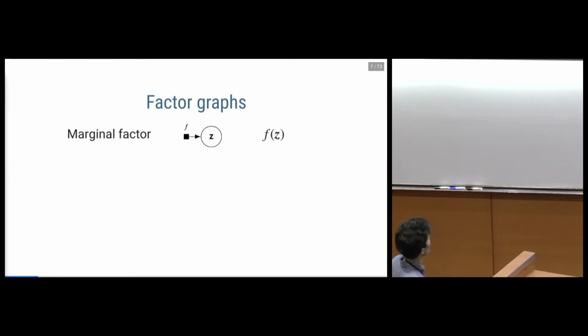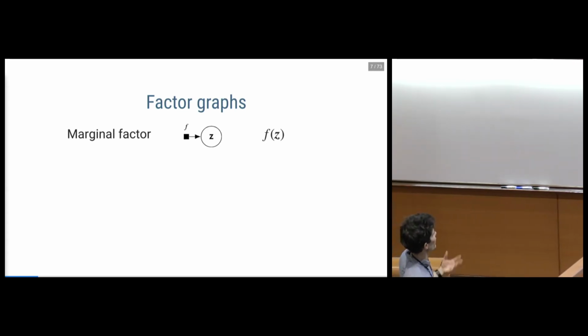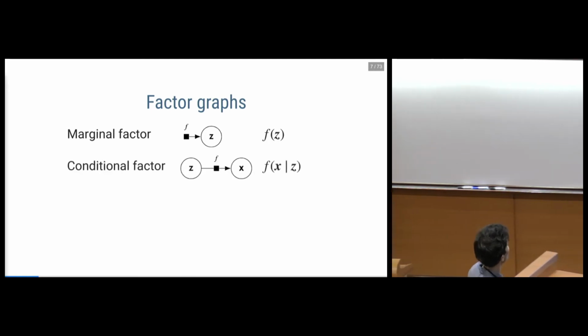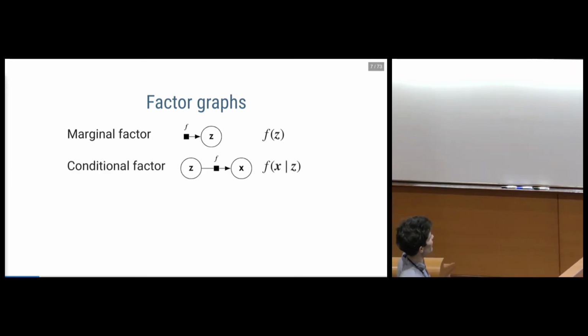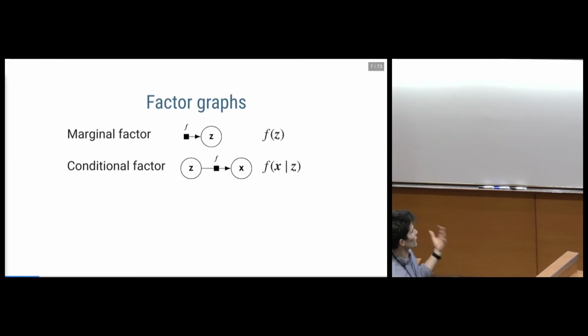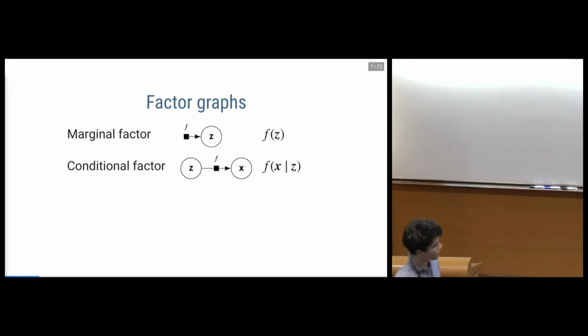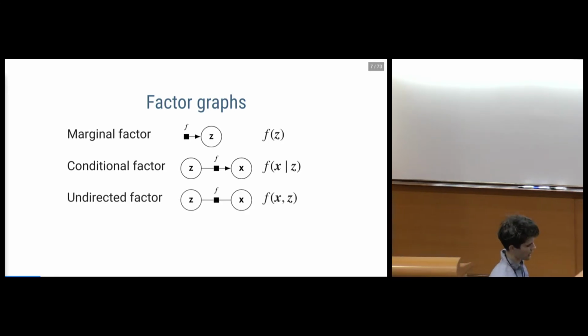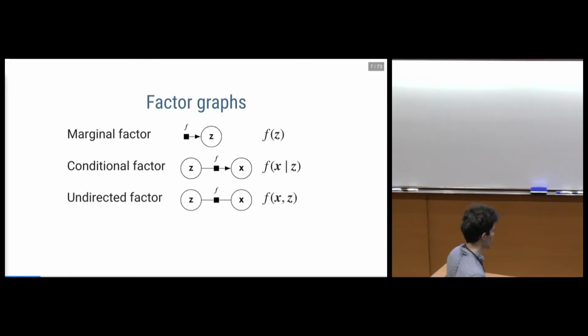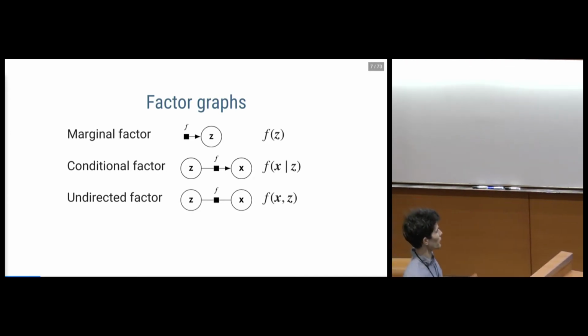Latent variables are generally in white. Observed variables will be in gray. If we have a factor which doesn't have any incoming edges, that describes some marginal factor. If we have a factor which has some incoming and some outgoing edges, defined in terms of the directivity of this arrow, that defines some conditional factor in our distribution of interest. We sometimes will also have undirected factors, which just specify some term in the factorization of the distribution, but without putting any particular semantics on whether this is a conditional probability or not.